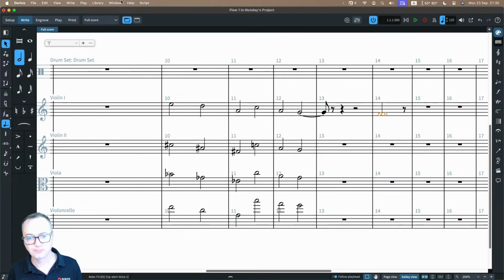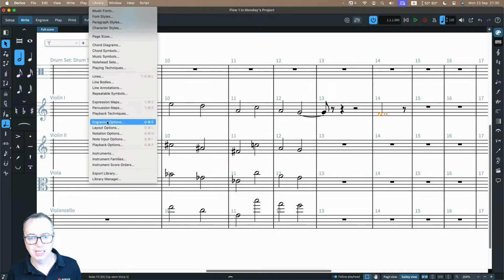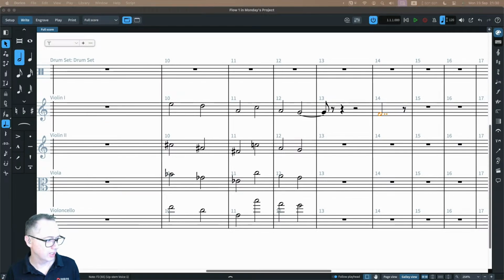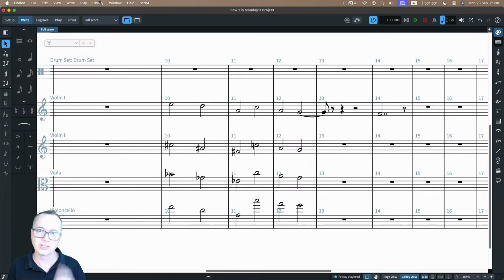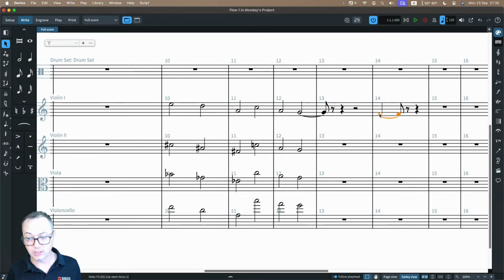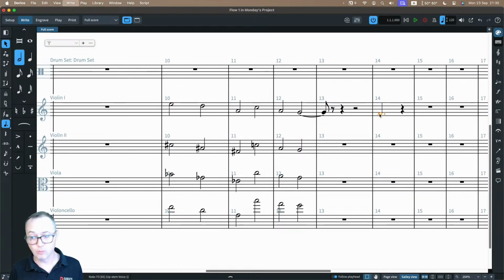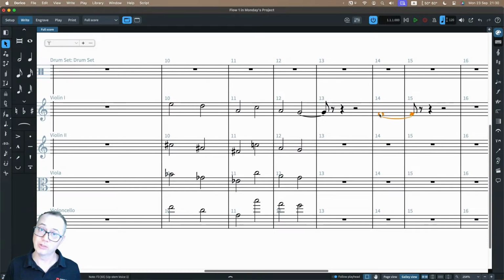If you don't, go to Library and Engraving Options, and you can set all of these options for whether you want these. Like I said, there's also Notation Options for these kinds of things, and you can set all of those options up. But when you make the note shorter, it's now deciding whether or not ties should be included, and I'm making the note even longer. So for example, you don't need to enter a whole note tied to a half note tied to an eighth note. You can just